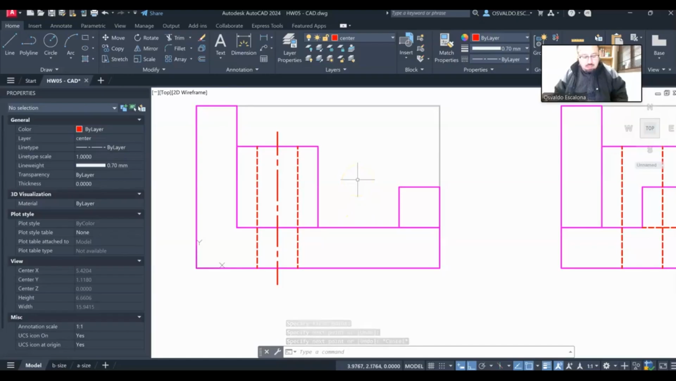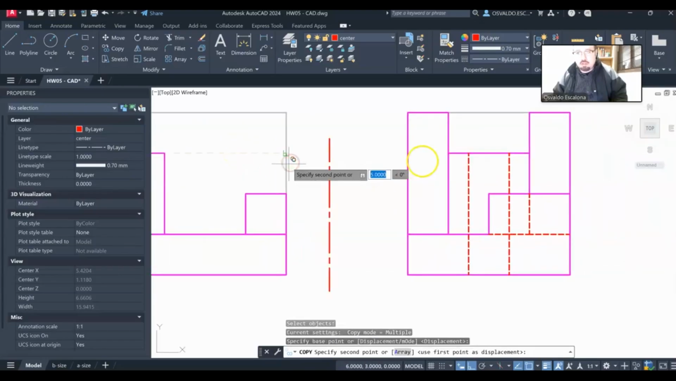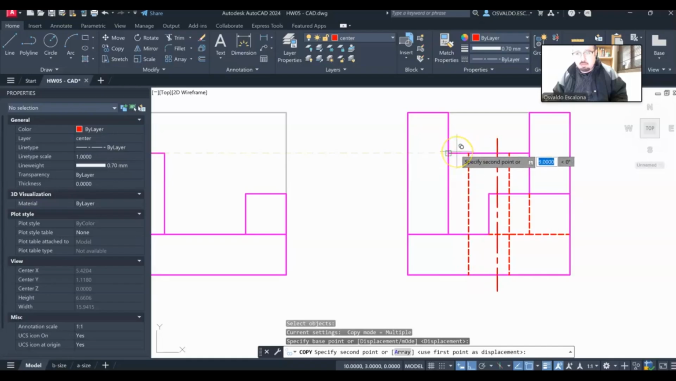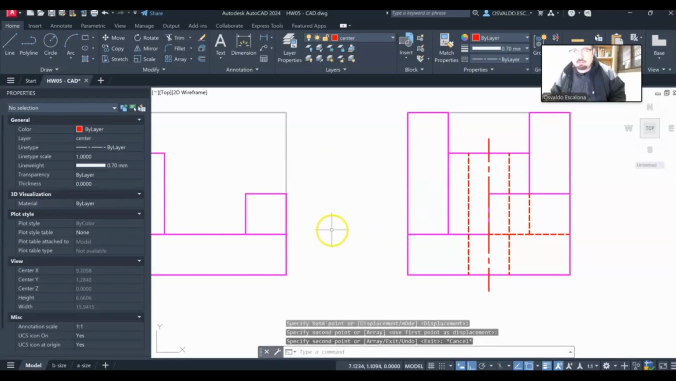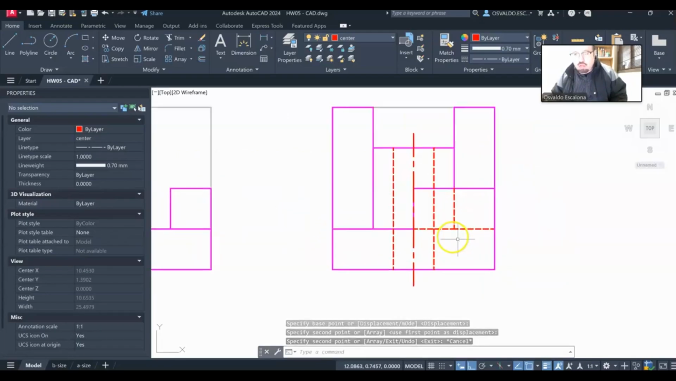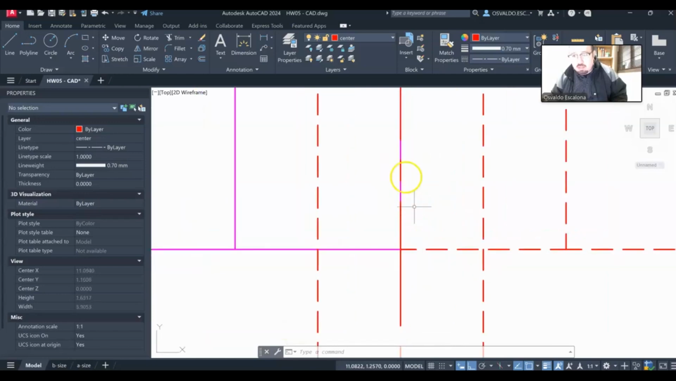I'm going to copy the center line. I'm going to select this line, space bar. I'm going to click in that point, and then I'm going to click in here. Bam. Make sure I click on the endpoint. Space bar. Now you guys will notice that you have a red and a purple line right in the